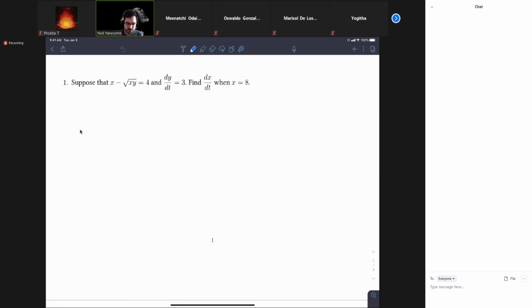In order to figure out what this dx dt is, we need this dx dt and this dy dt to actually show up in this equation. So in order to do that, we need to differentiate with respect to t. All right, so what do we get here? We get dx dt minus, and then we're going to have